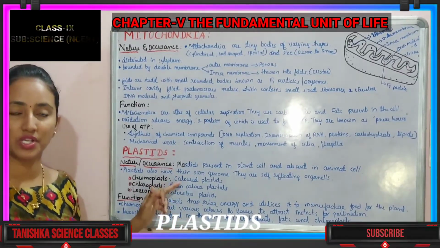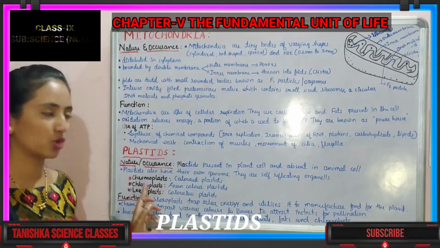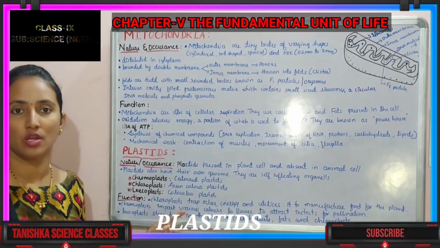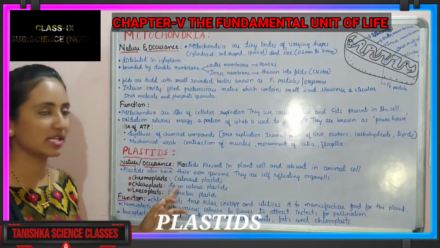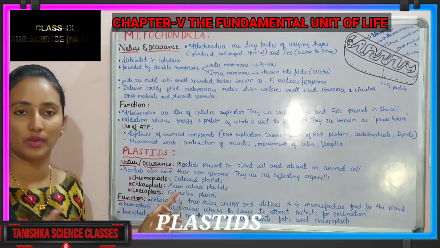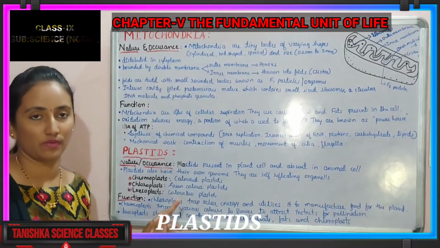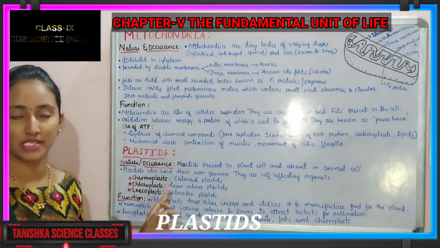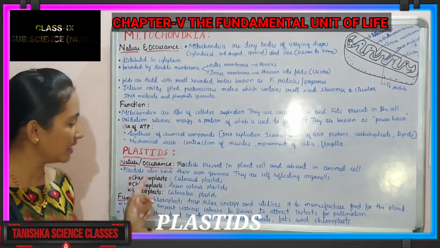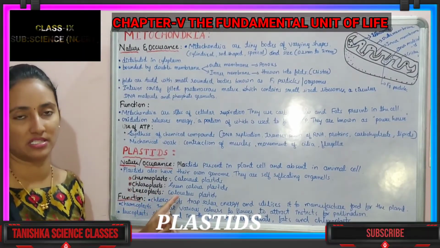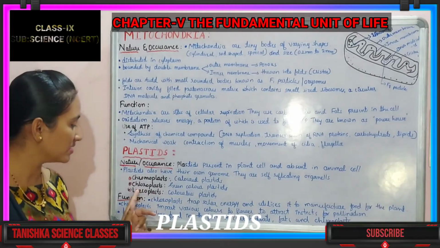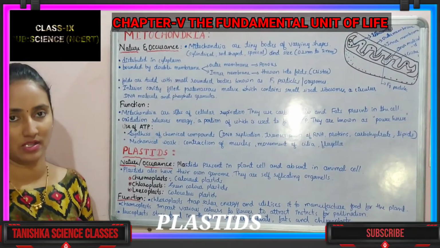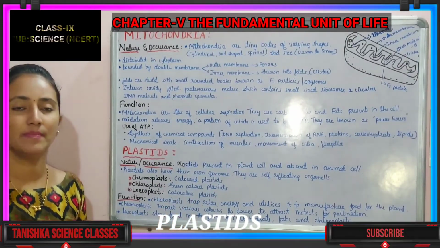According to their function, we have divided the chromoplast and the chloroplast separately. Chloroplast would also come under chromoplast, but based on function, the chloroplast function is different and the chromoplast function is different, so we have divided them separately. Those are also plastids. What is a chromoplast? It is a colored plastid. The chloroplast is the green plastid that we can observe in the plant cell. Leucoplasts are colorless, white in color, so white means they are colorless. Those colorless plastids are called leucoplasts.